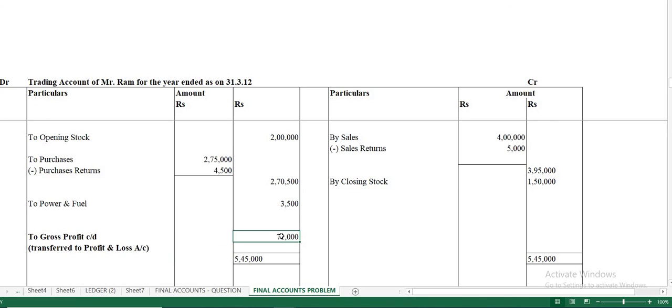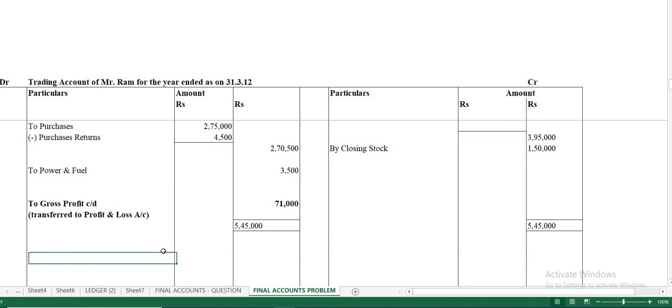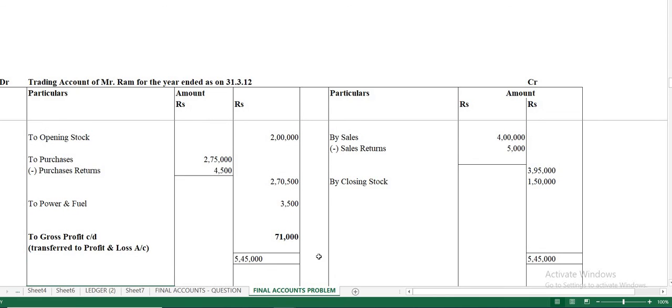Because based upon this answer only, they will be giving you the marks. First they will be going through whether your gross profit, net profit, net loss, all those things are right or wrong, and then only they will be moving to step marks. Suppose if this is wrong, then they will give you the step marks. Okay, so you can highlight and box it out and show all those things.